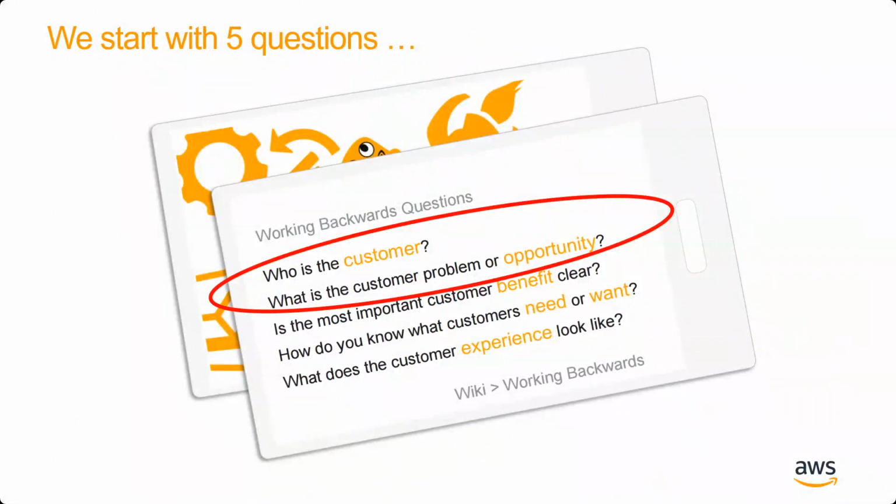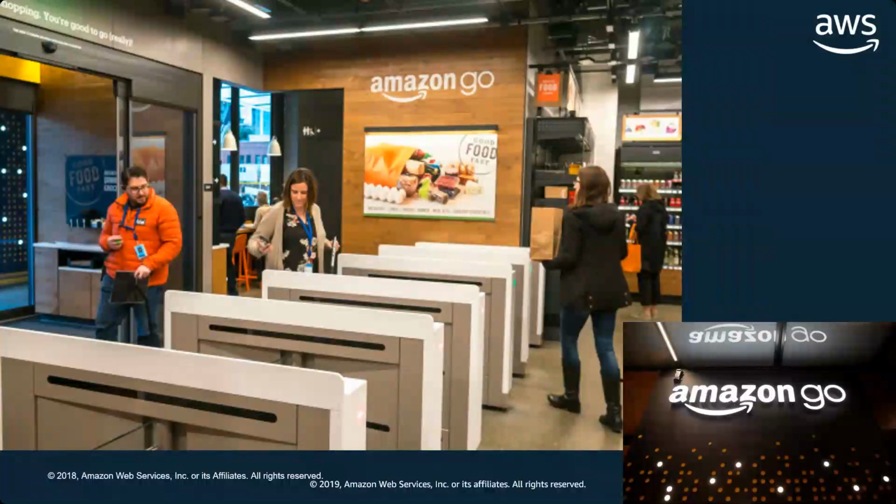Usually we start with the problem. And I'm going to show you an example. When you define a problem or you tap into an opportunity, then we look at ideate, define, build, and prototype, as you can see, if it's a need or want, and how the solution will look like. This is an example, maybe most of you know about Amazon Go and how it started.